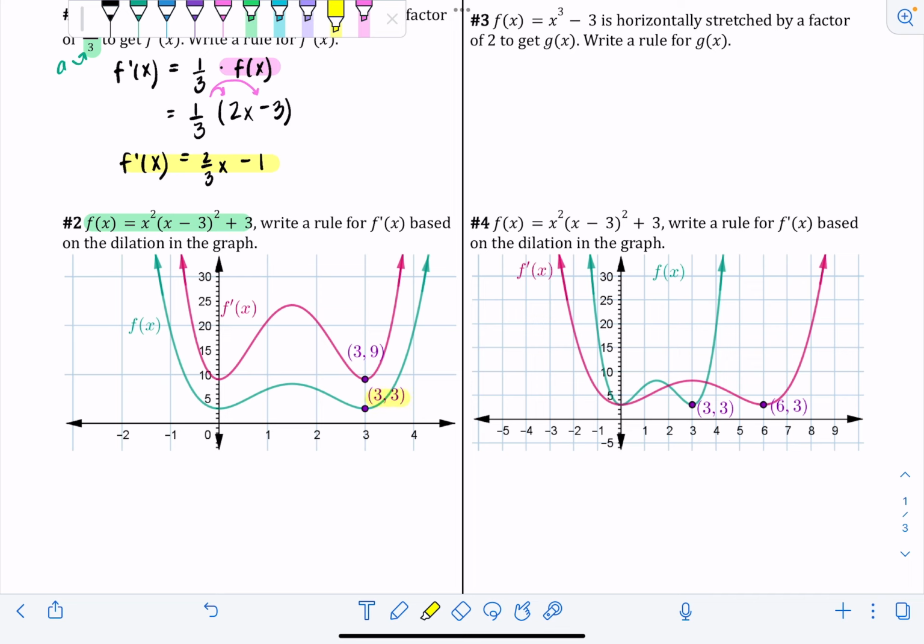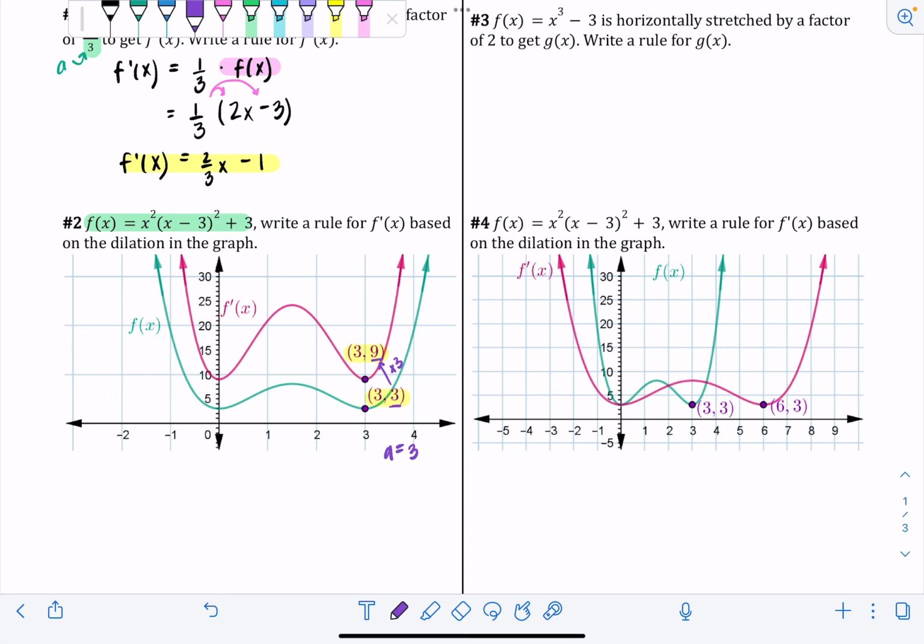So (3, 3) and then (3, 9). (3, 3) is becoming (3, 9). So a vertical transformation is when the y value is changing, because if it's stretching something vertically, it's pulling the y value up or down by a scale factor. Scale factor means multiply. So we think, okay, what am I multiplying by to get from 3 to 9? I'm multiplying by 3. So that would mean that my a,